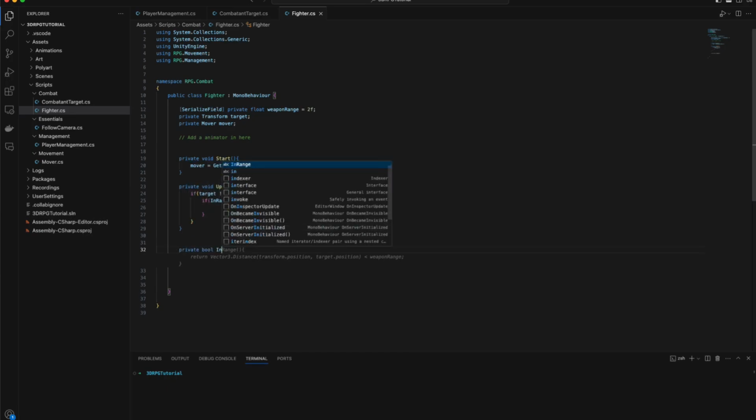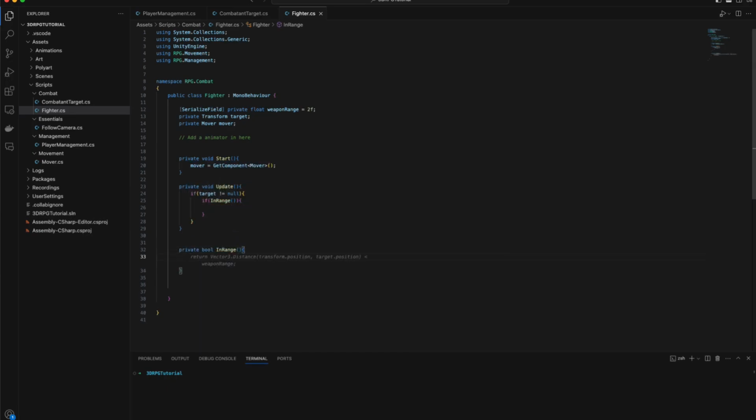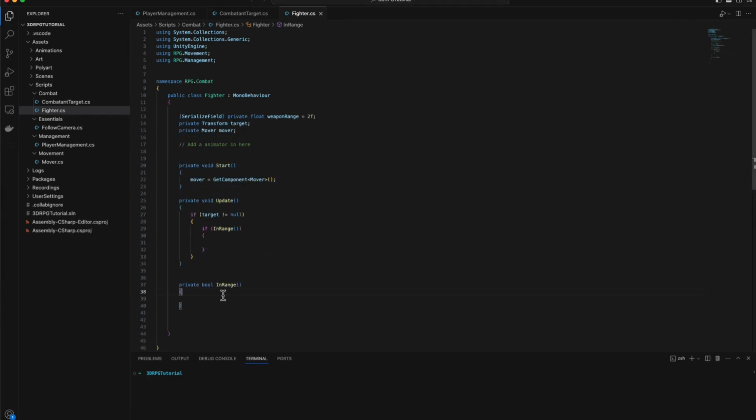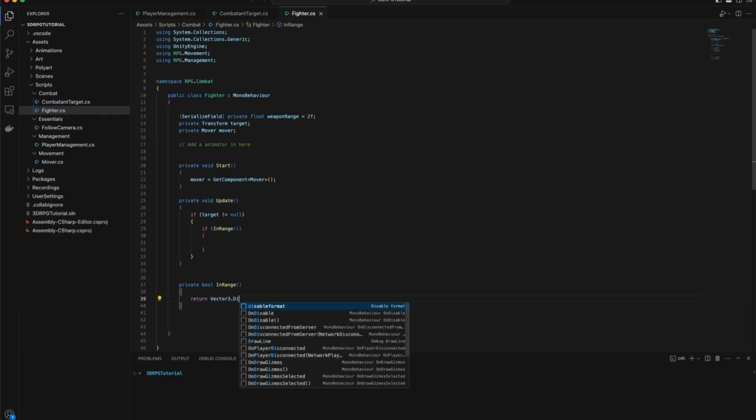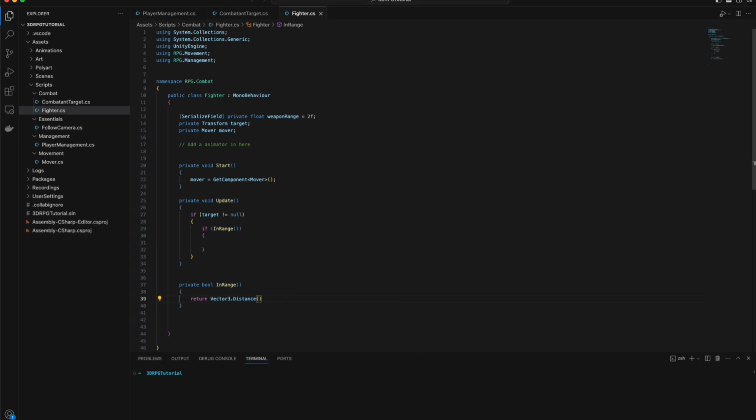So it's private bool InRange. Open the brackets. And in here, we need to return Vector3.Distance. And we need to pass in the transform of the player, so transform.position, and also the target.position. Now, we also need to check if it's smaller than weapon range. So if the distance from the player to the target is smaller than the weapon range,